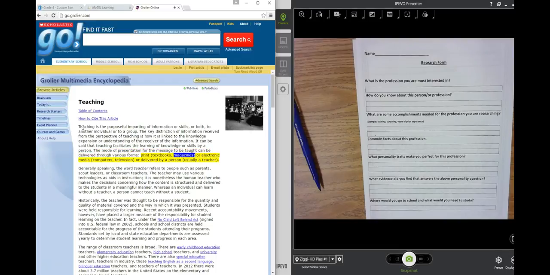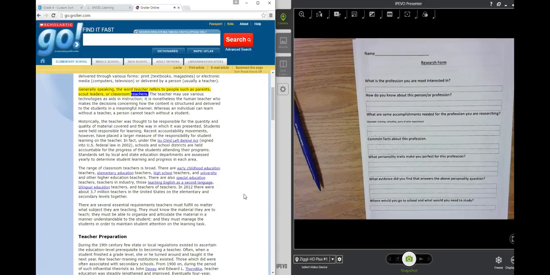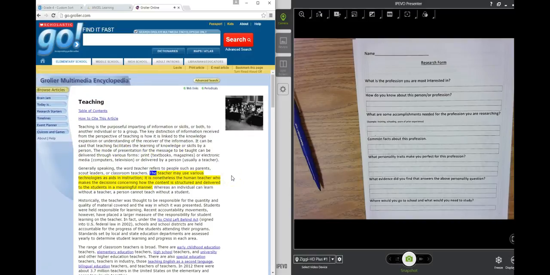Print textbooks, magazines or electronic media, computers, television, or delivered by a person, usually a teacher. Generally speaking, the word teacher refers to people such as parents, scout leaders, or classroom teachers. The teacher may use various technologies as aids in instruction. It is nonetheless the human teacher who makes the decisions concerning how the